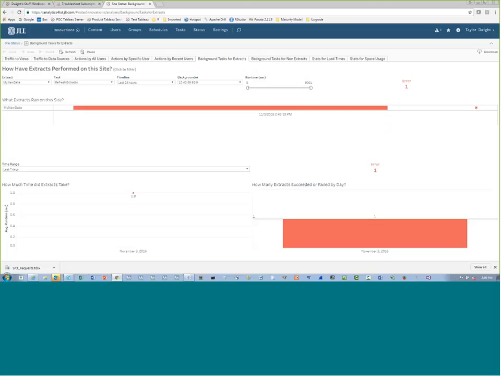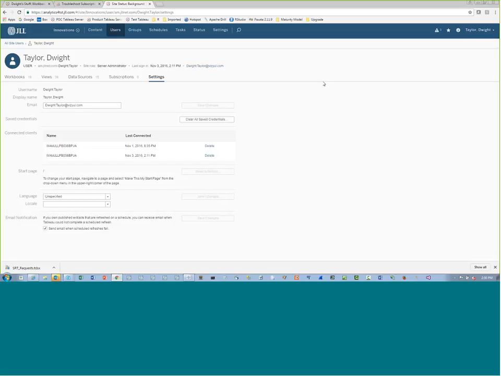Once you log into Tableau Server, your common name will be in the upper right-hand corner. If you click that, you'll see something that's entitled My Account Settings. Once you go to My Account Settings, you can actually disable email extract failure notifications in this section, the bottom section of the screen that you see me circling here. If you clear that check mark,